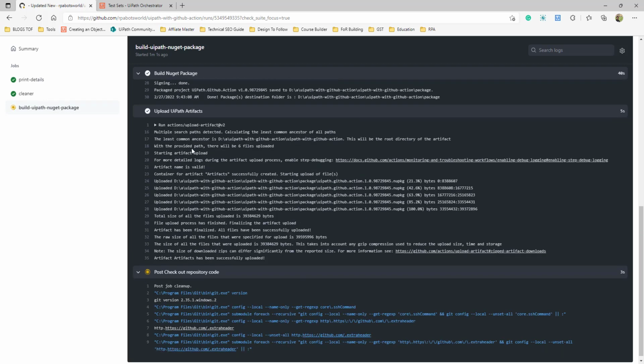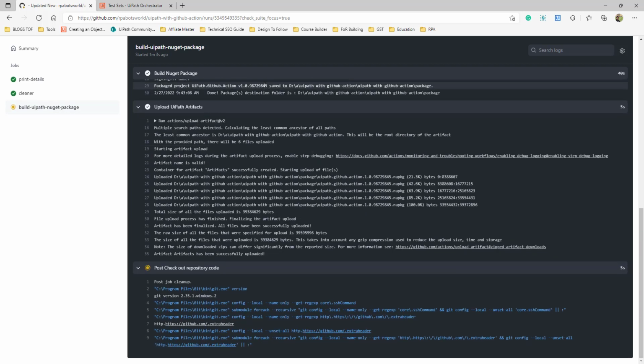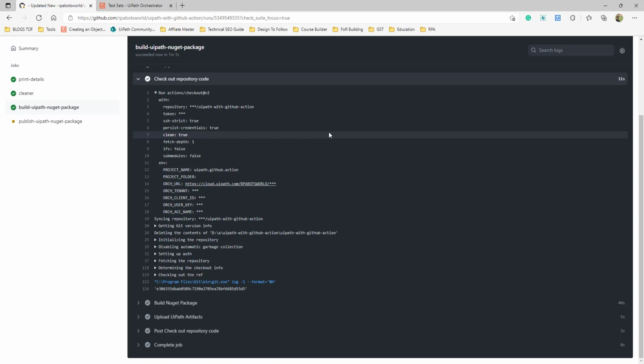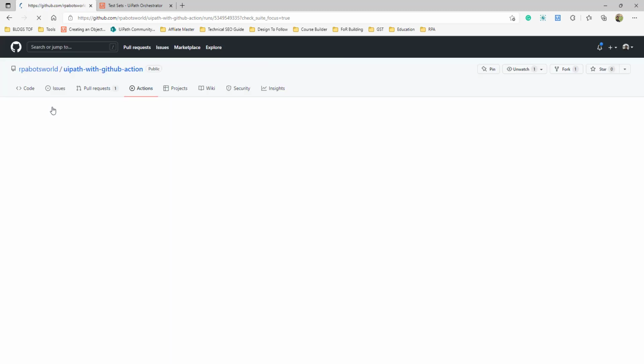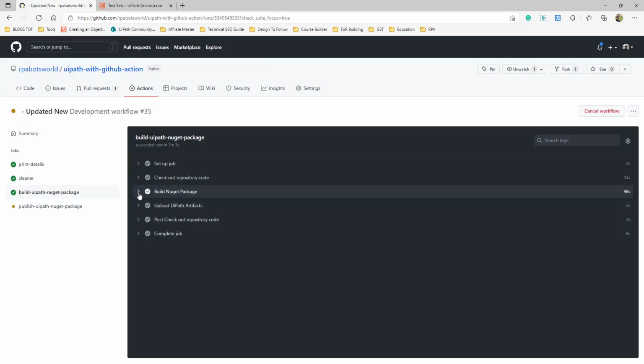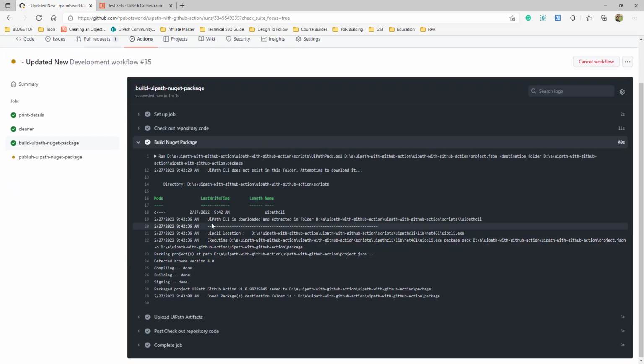You can see a NuGet package has been built. So I'll showcase it again. This is a job, and it has triggered this PowerShell script. It has compiled the code, built the code, and the NuGet package ending with 45 has been built.